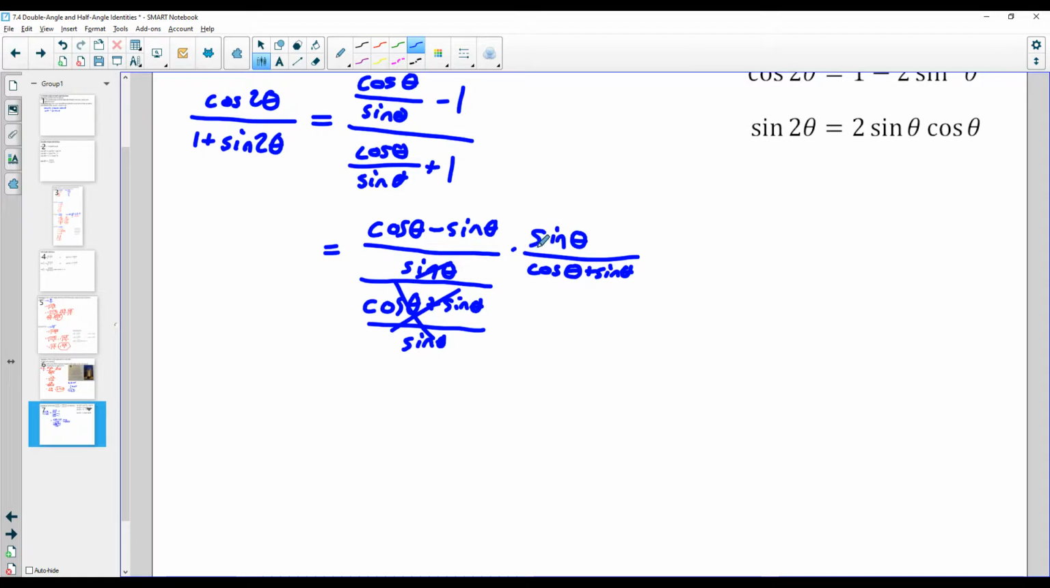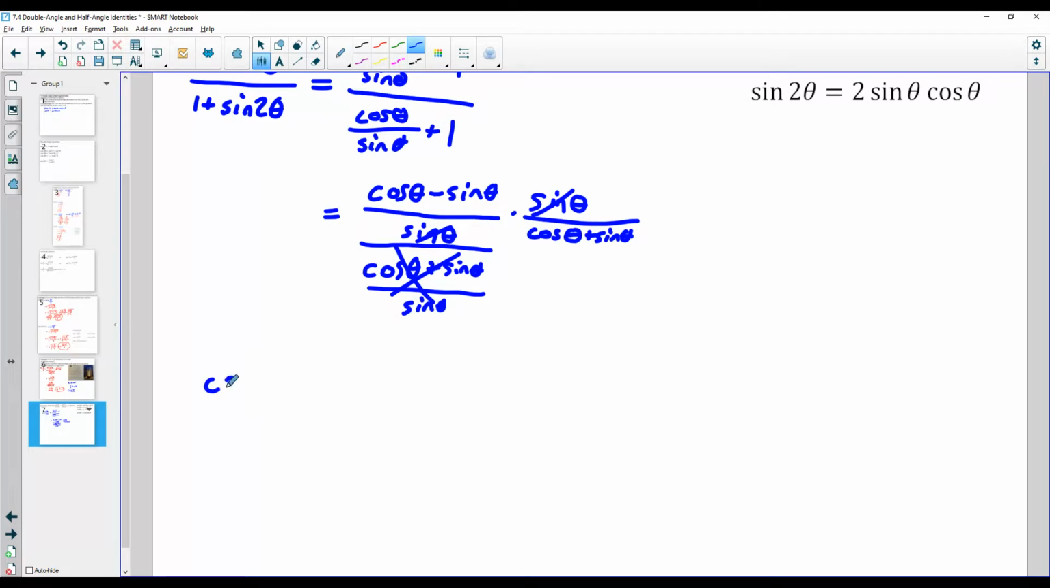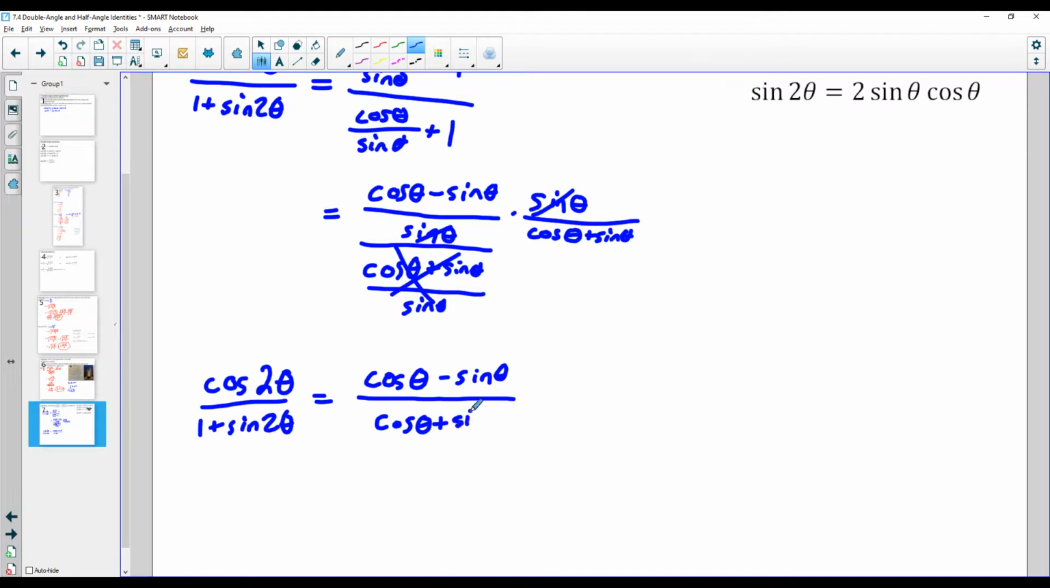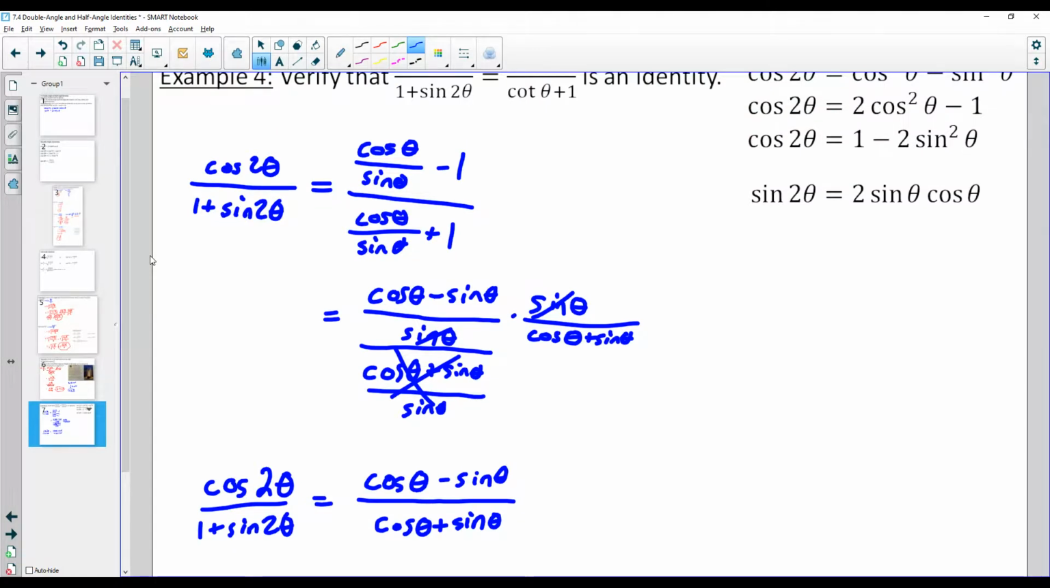So not worrying about that. The signs cancel here, and we are left with, I'll rewrite the other side, cosine of 2 theta all over 1 plus sine of 2 theta equals cosine of theta minus sine of theta all over cosine of theta plus sine of theta. Seems like a lot, but our first move was getting things in terms of sine and cosine